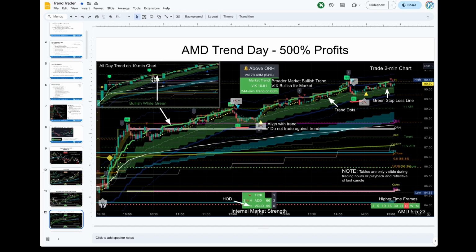And again, at the higher time frame, you can see how the line is green all day long. So when you have this nice pullback, it is a great time to get in. But what happens is most retail traders say, oh, look, I'm getting into puts. I think it's going to turn. But you've got to understand, when you have a high volume day, and this wasn't really a high volume day based on that number, but when you have such a strong move, now obviously if the day starts off with super strong candles, many times those don't last and they change.